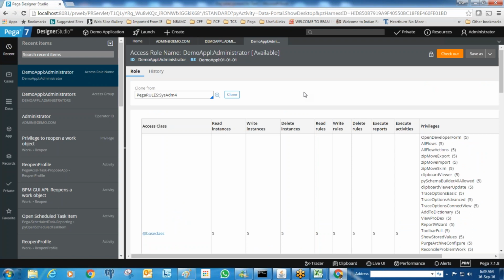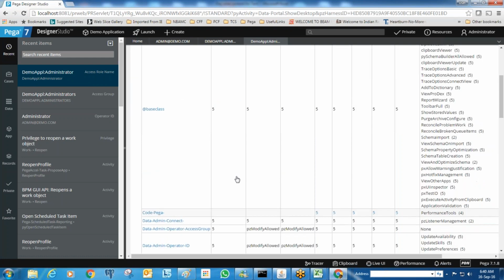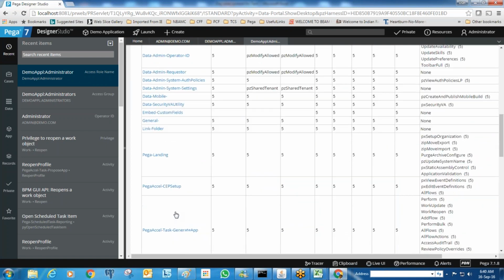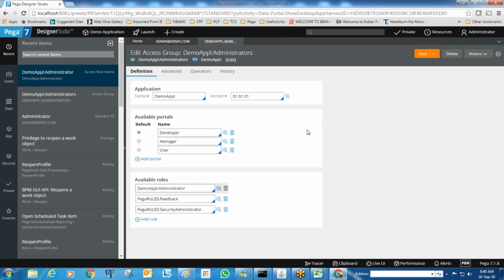Authentication is already done. Authentication means when you log in, your login username and password are compared. That comparison is the authentication. Once that is done, what type of work you should do and what type of access I can give you to do it, that is called authorization. Those authorization details we keep here. But we don't need to modify this directly here. That is very rare. We have wizards or tools for that to provide security constraints.